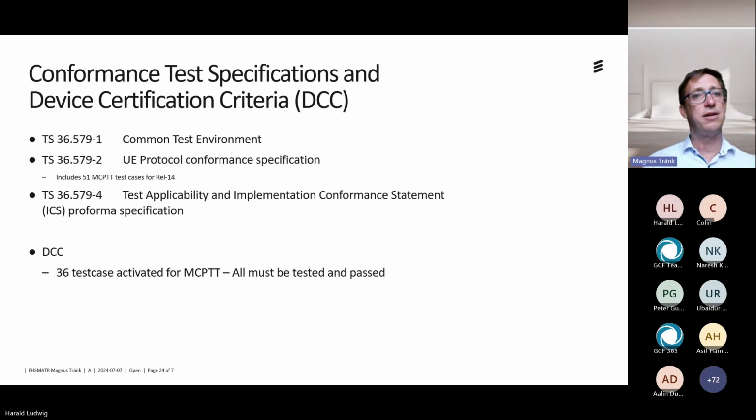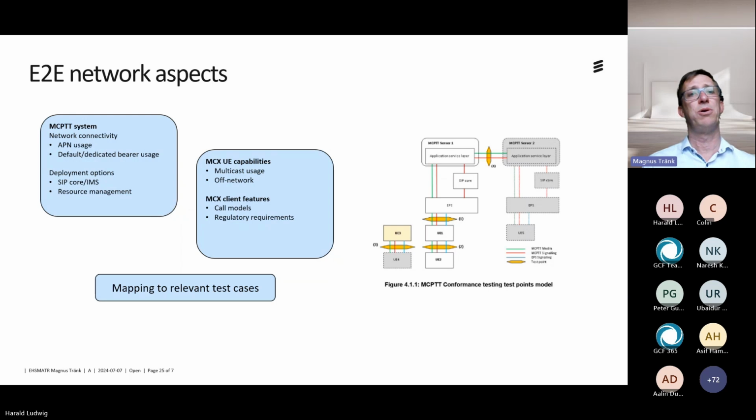We can take the next slide, and I just mention a couple of words about end-to-end network aspects. So the conformance test is really about testing the protocol layer between the client and the server here. But there are several aspects that you need to think about if you develop a client or a server that is, so to say, more transparent to the protocol. For example, the APN usage. If you use a single APN for all things in the client, or if you have separate APNs,